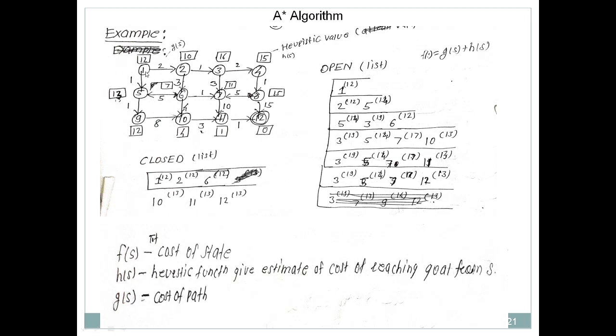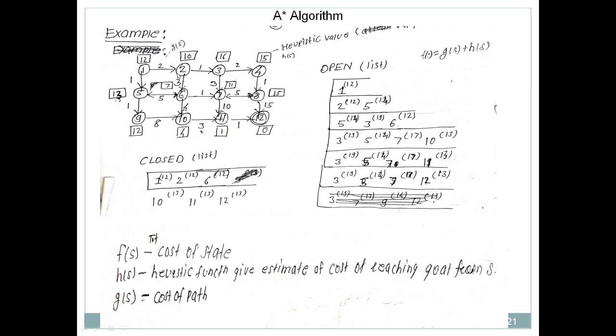After that, what do we need to consider? We need to consider the successors. What are the successors of 1? There are two successors: one is 2 and the second one is 5. Now in the open list we need to insert 1, and in brackets we mention its f value. What is the f value for 1? 12, and it is inserted into the open list. After considering this, we add it to the closed list. Now let's take the successors of 1. One successor is 2, another is 5.